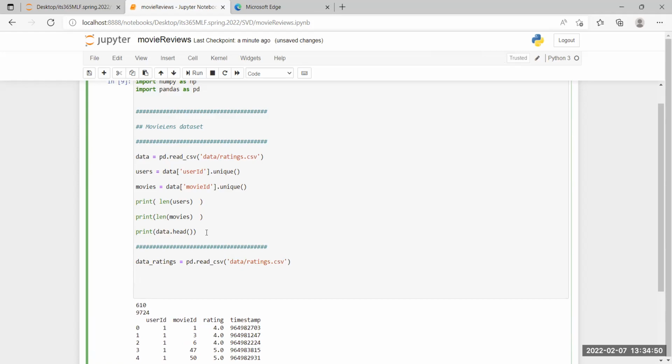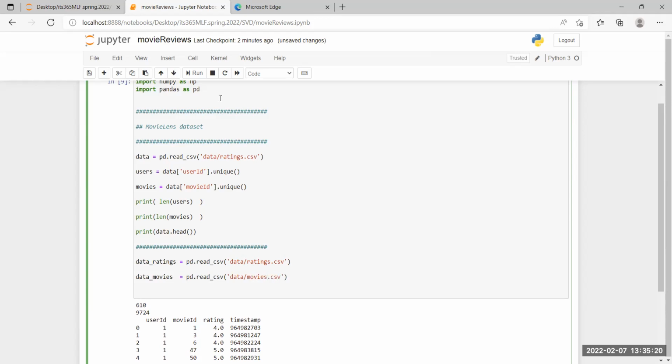And for the movies, data movies, pandas dot read underscore CSV. And this is located in data. And it's going to be movies.